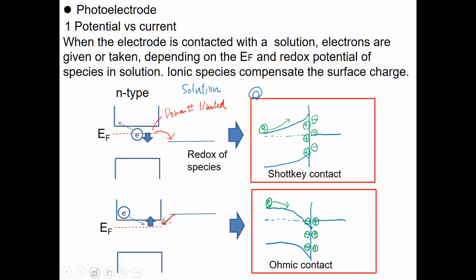So what you have to think about is that originally the Fermi level is the same as the chemical species potential. And then applying the potential changes the Fermi level of the electrode. Okay, then